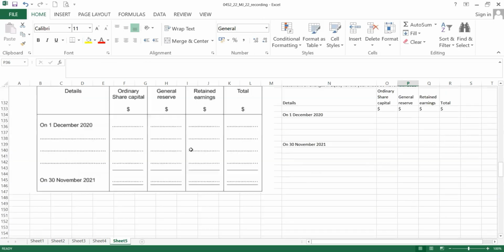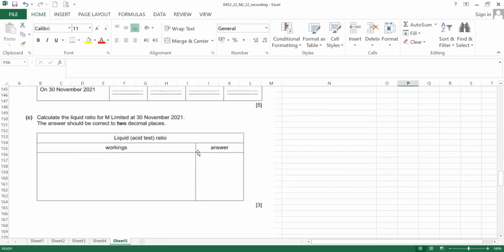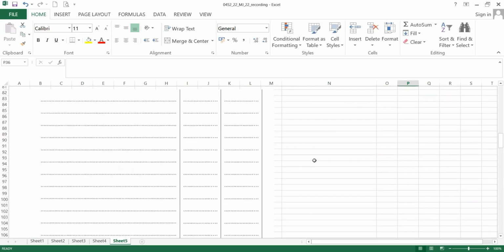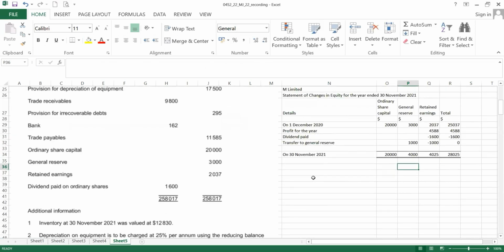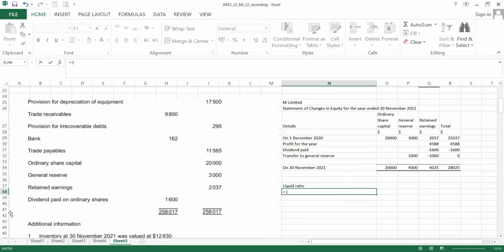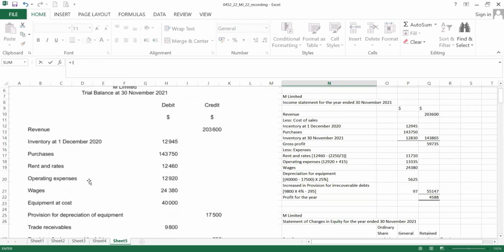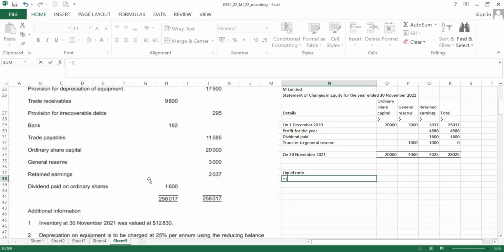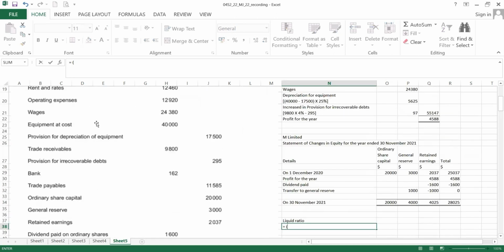Let's see what else the question is about. Okay, question C asks to calculate the liquid asset. So let's see what's the information. Our liquid ratio. So we have the amount for the asset. What's the asset that we have? Closing inventory, which is not included. And then the assets we have,